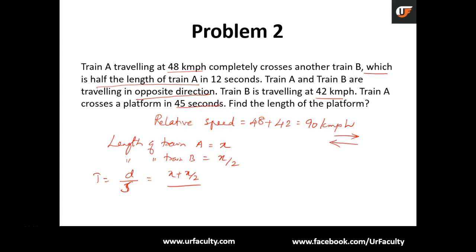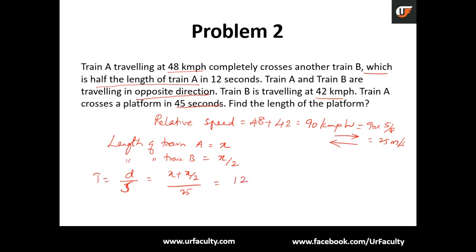Now 90 km per hour, how do you convert it into meters per second? 90 into 5 by 18, and you get the answer as 25 meters per second. And on solving, you will get,